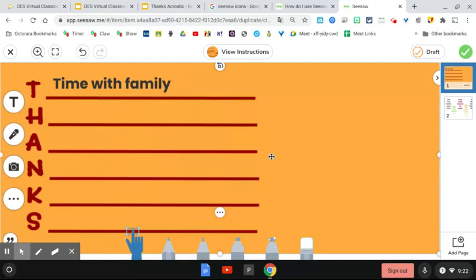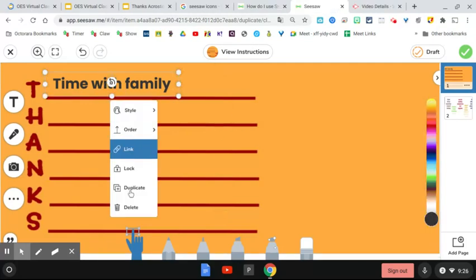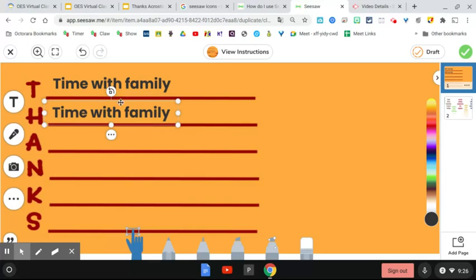Now, you can do that for each one of these letters, or you can take a shortcut, and since you already formatted the style of that first box, you can duplicate it. Click on the three dots and duplicate it, which means make a copy. And yes, you've duplicated the words, but you've also duplicated the style. So now you don't have to go in and change what the font looks like, and you don't have to get rid of the line around the box,